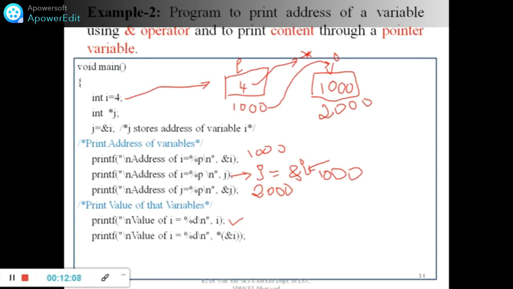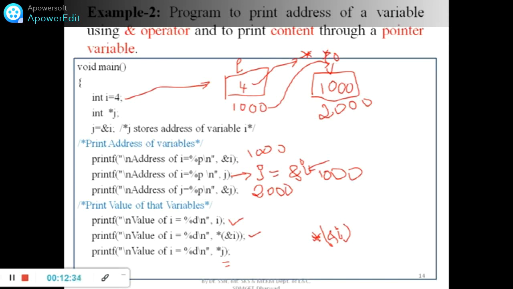The second one, as you already saw, is this particular printf statement, where ampersand gives me the address and star always points to the value at that address. The other one is star j. What is star j? It gives the value at this address.